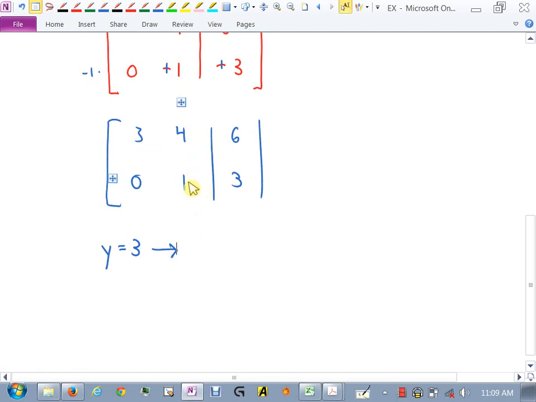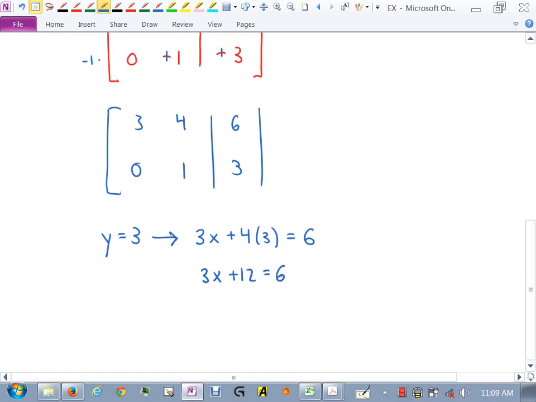What does this first equation say? 3x plus 4y, but what's y? Must equal 6. Okay, so I use that answer to rewrite this first equation, and now I can solve this for x. So what's x? -2? So how would I write my solution? It's an ordered pair, right? What goes first? X, -2, and then 3. That would be your solution.